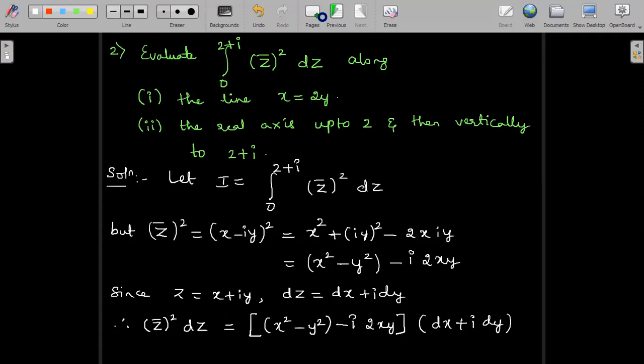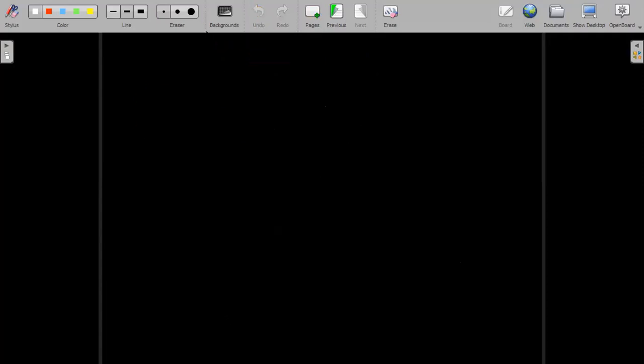Now we will discuss the cases one by one. The first case is along the line x is equal to 2y. Since it is just one single line, we need not draw it and show it separately. If it was more than one line segment, it would always be preferable to write it down. So the first case is along the line x is equal to 2y. If x is 2y, we can write down dx: dx will be 2 into dy. We are trying to represent x in terms of y in the previous integral that we wrote, that is in (z bar) whole square dz.